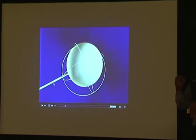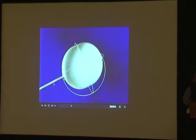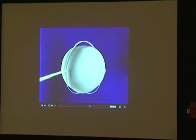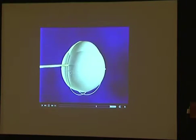Now, in larger tumors, a single ablation may not be sufficient, so you need to do multiple ablations in the same setting. You can take out the needle, reposition the needle, and do ablations. In larger tumors, more than 3 or 4 centimeter in size, we need to do multiple ablations at this